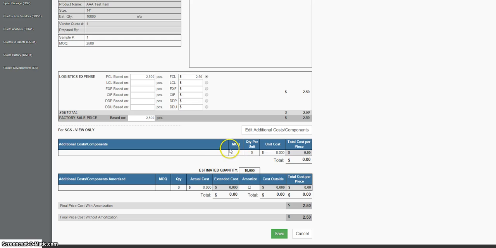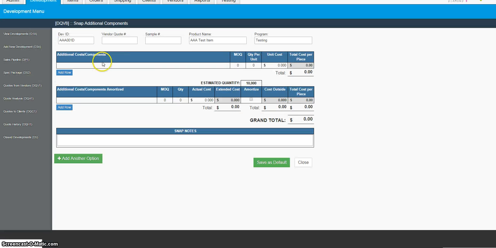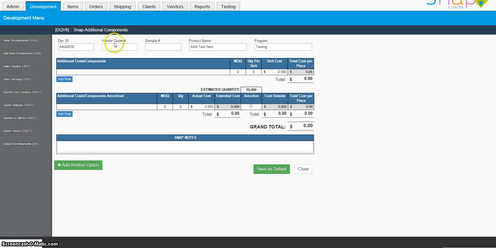And it shows that there's nothing here. Now, what I'm going to try to do here is I'm just going to say this is not necessary at all. I don't know if that shows on the other, but I'm going to add mechanism. I'm going to say 1 at 50 cents. So now my total cost is actually supposed to be